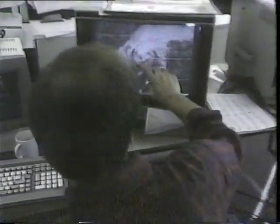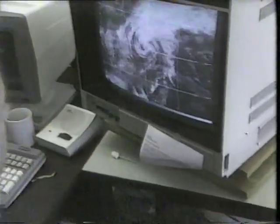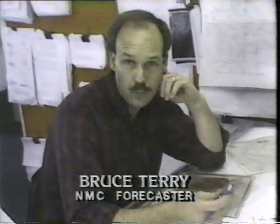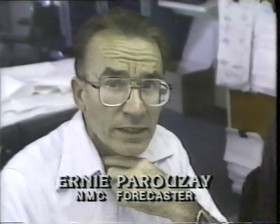The day we were there, Tropical Storm Keith threatened northern Florida. It's shearing out. Obviously, with any tropical system, there's a very high potential for some heavy rainfall, and that's our problem again tonight in northern Florida. Our main function is to provide guidance to the field forecasters so that when they put out their forecast, they have their own ideas, they have our ideas, and hopefully it's a combination of both to put out the best forecast available. And it's to help either the private forecasters and the National Weather Service forecast centers, which are scattered